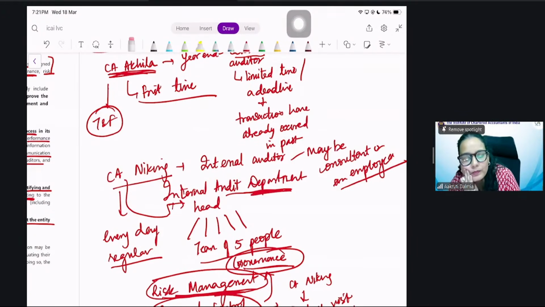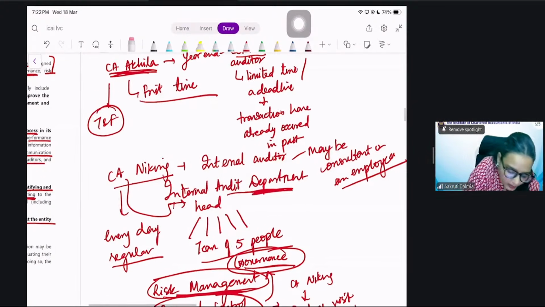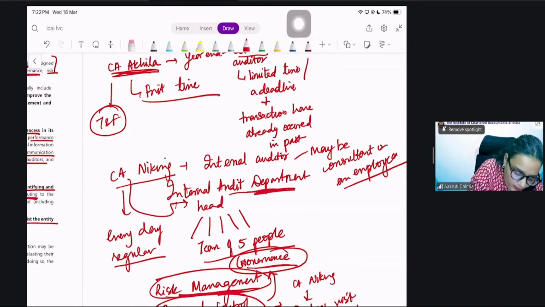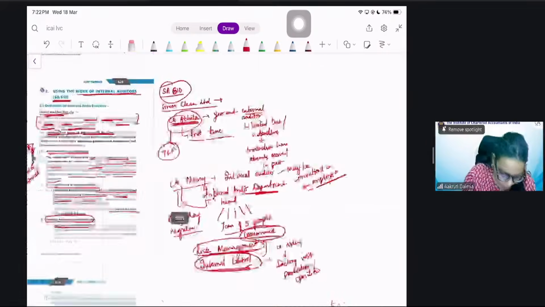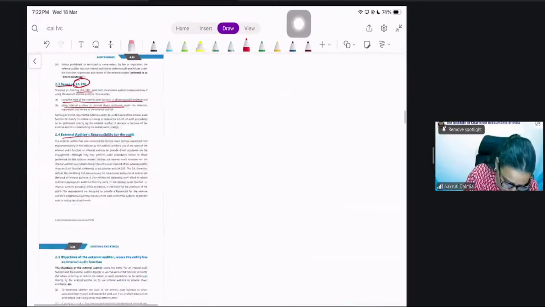Can that work? Who is solely responsible for your opinion? Akhila herself. Can she put the responsibility on Nikunj? No. So the next point says,